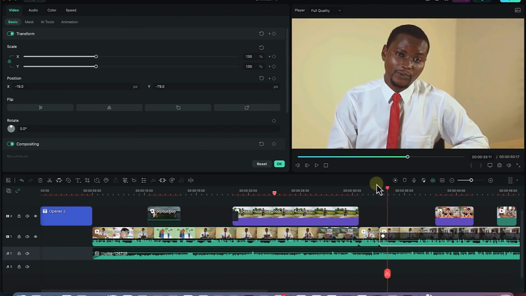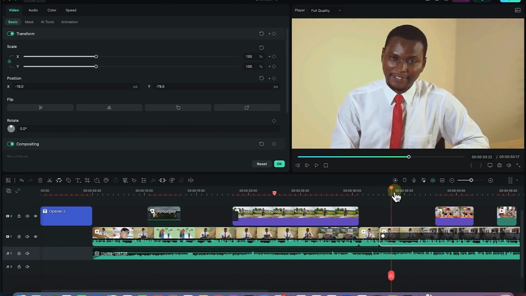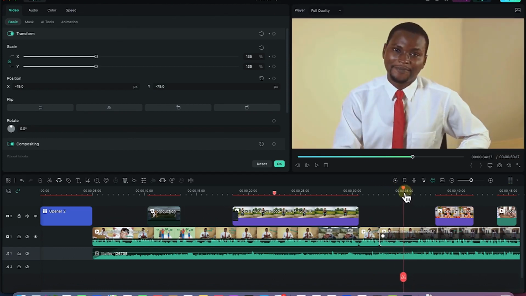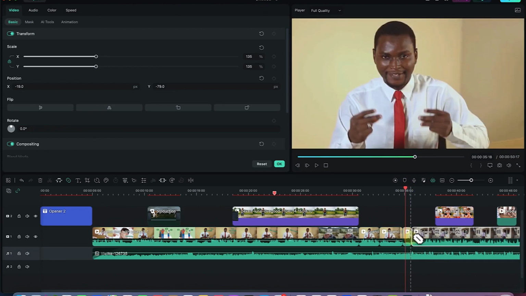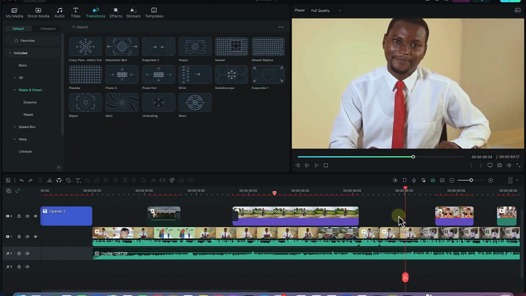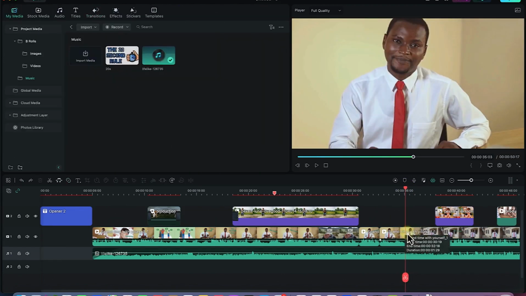So I don't have to add any basic transition across, but I just create the zoom in, and then when I get to where I want, I can now zoom out or zoom it back to the normal one. So let's click on letter C and create another cut here, and then from this point, I can just go back to the normal. Okay, letter V, I'm now back, so I can just go ahead and select this,